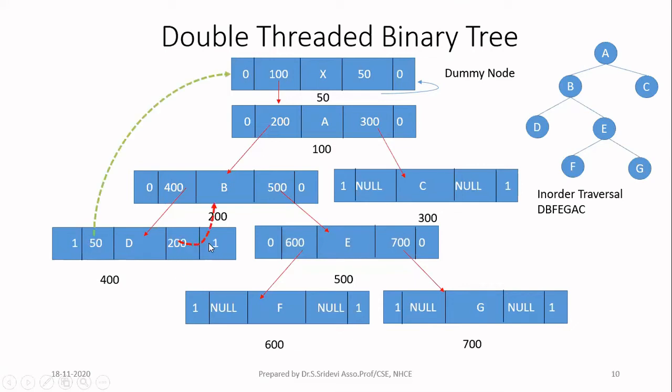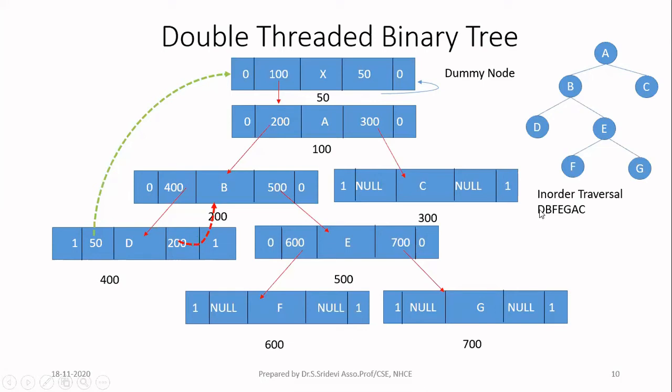I have just explained this in the previous slide. In the right pointer, you are going to represent the information about the successor. Let us focus on node D first. From where do I get this address? If you want to write this address, you first have to find the in-order traversal. I have explained the in-order traversal of that tree, so that is written here. With the help of this information only, I am going to fill in this data.